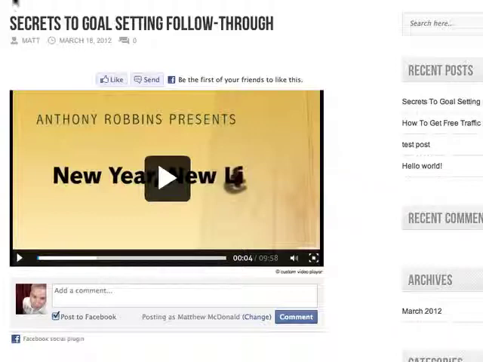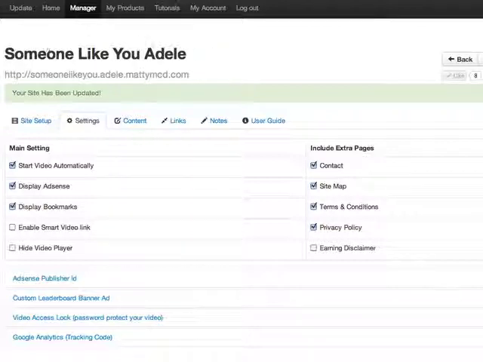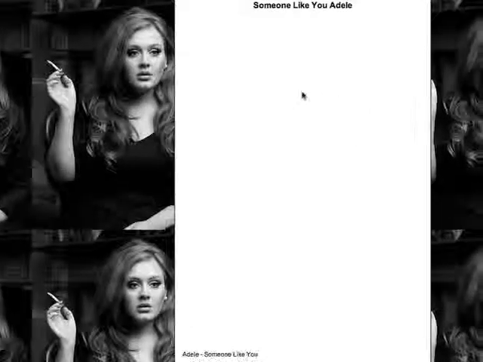Next, we'll just take a quick look at setting up a whole site. Now with this one here, we didn't have to prepare the content, which is fantastic. You can pick any topic, go to YouTube, type in your keyword, and instantly have fantastic content in video format, and that's how people want it, ready for your video site. So you can create an entire site like this. Now there's a thing called Video Cache Mini Sites, which is actually designed for that. Here I've created a Video Cache Mini Site for someone like you, Adele,